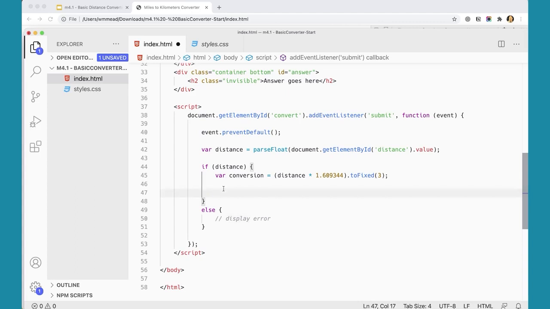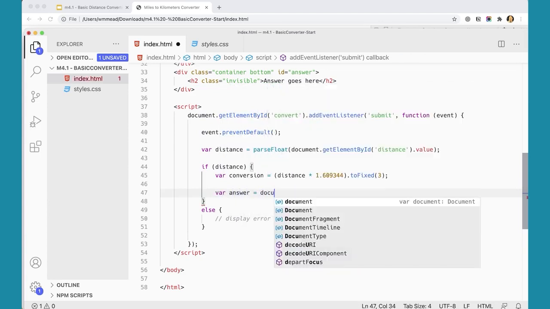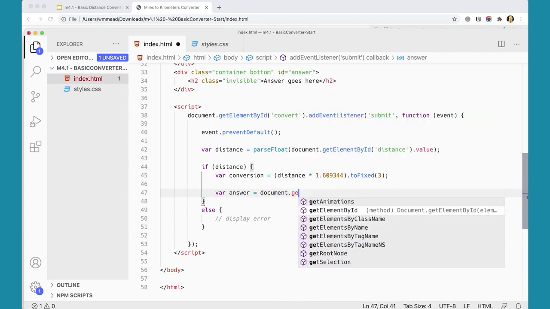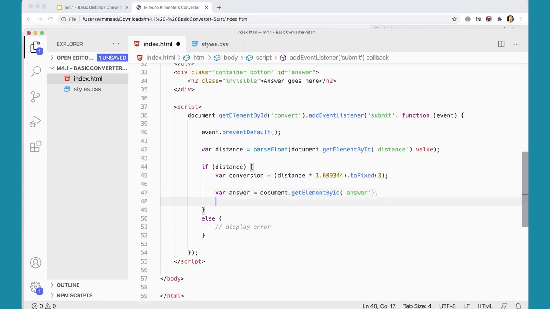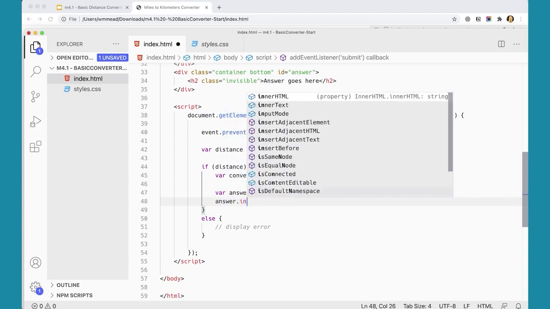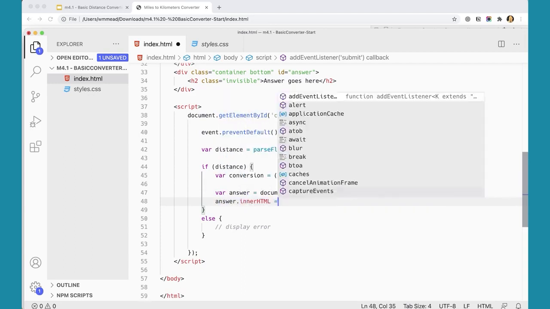So first thing I'm going to do is have a variable, var answer, and set that equal to document.getElementById, answer. So that's our element there that we're getting, and then we want to use inner HTML. So I'm going to say answer.innerHTML equals